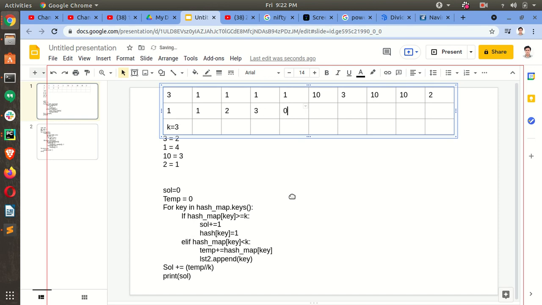So once it reaches 3, now the hash map value becomes 0. Here it will get 0, and for 10 we will get 1. 3 is being colored using the all color variable. All color will be 2. 10 over here is again using hash, previous color was 1, so hash becomes 2 now, so we print 2. Then here hash becomes 3, and we print 3, and over here 2 is again there, and 2 is colored using the all color variable. Now all color variable reaches 3, so it again becomes 1. But this is our final solution: 1 1 2 3 0 1 2 2 3 3.